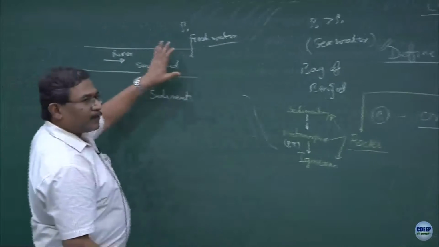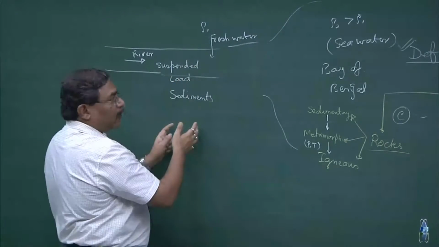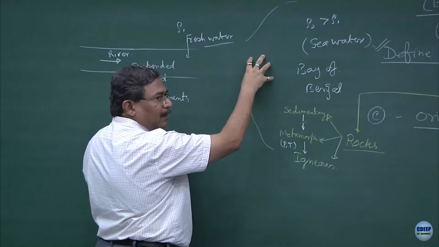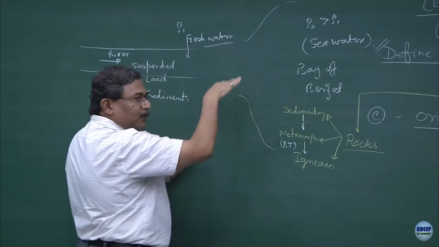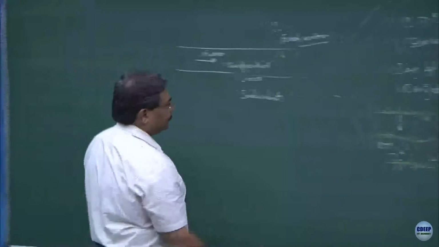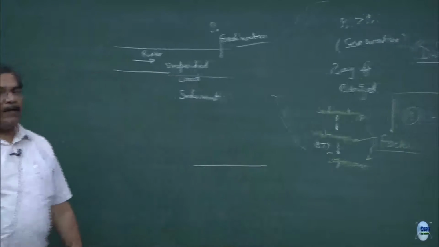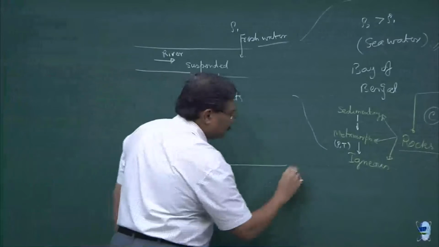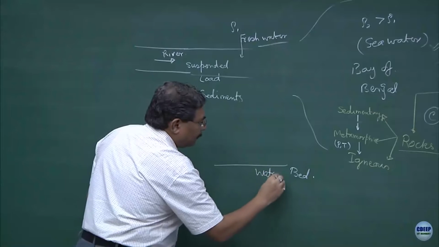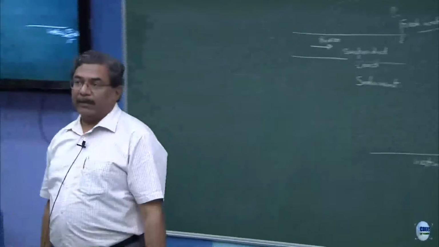Simple process like this: loads of sediments which are present in the fresh water are entering into a system which is denser. Sediments have a tendency to settle down. Now, look at the micro mechanism, what is going to happen. So, if this is the river bed or ocean bed or whatever it is, I will say water body bed. So, this is the bed of the water body, clear?